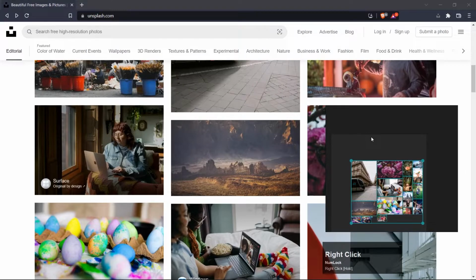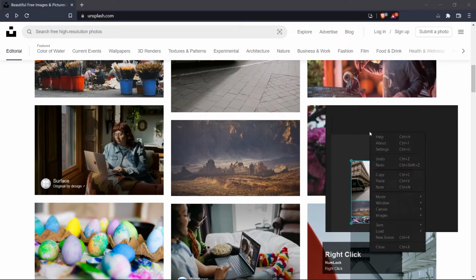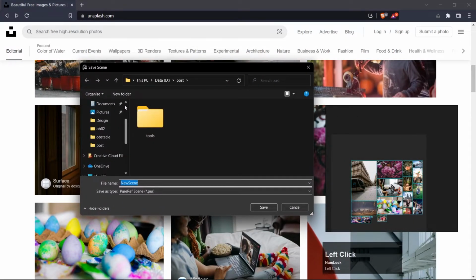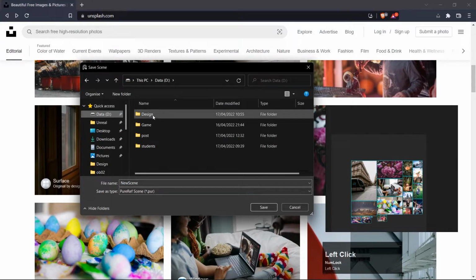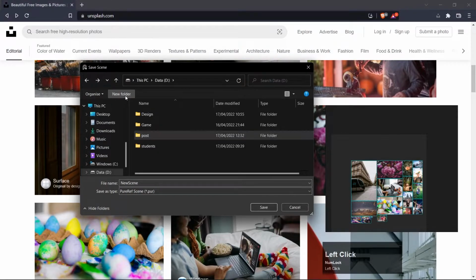And if you want to save it, Ctrl and S, or right click and save. Save as, save. And choose the one you want to store. This one I want to tutorials,